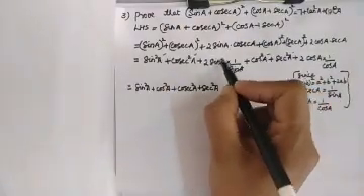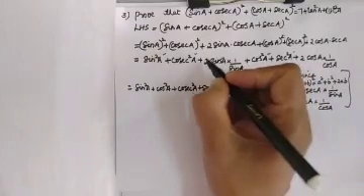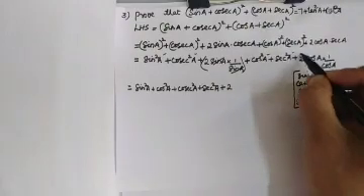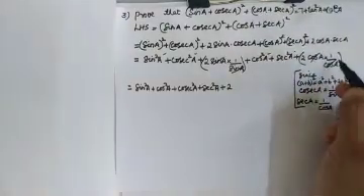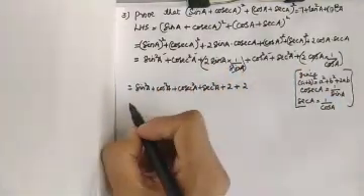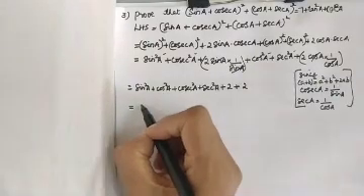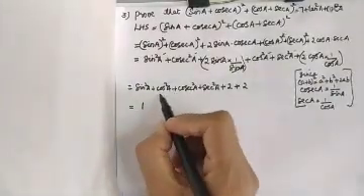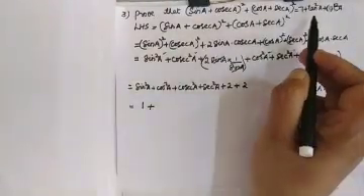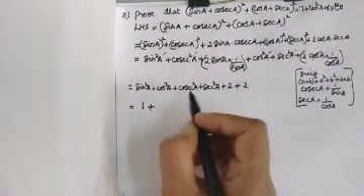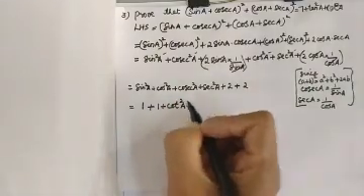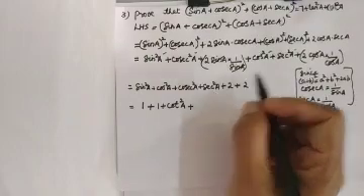Now this sin A in the numerator and sin A in the denominator get cancelled because this is 2 into sin A into 1. So what is remaining? 2. Now here this cos A and cos A get cancelled. So plus 2 again. So all the terms are written here. Now you know that sin squared A plus cos squared A is 1. So instead of sin squared A plus cos squared A, I have written it as 1 plus cosec squared A. You want the answer in terms of tan squared A and cot squared A. So cosec squared A can be written as 1 plus cot squared A. That is the identity. Plus sec squared A. You don't have sec here.